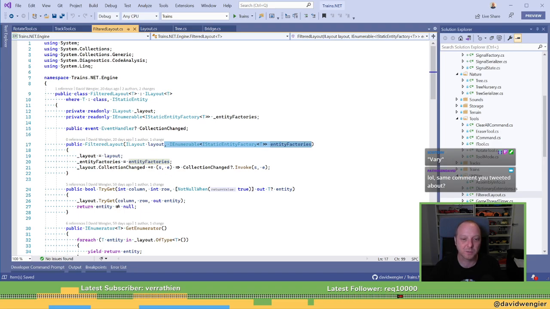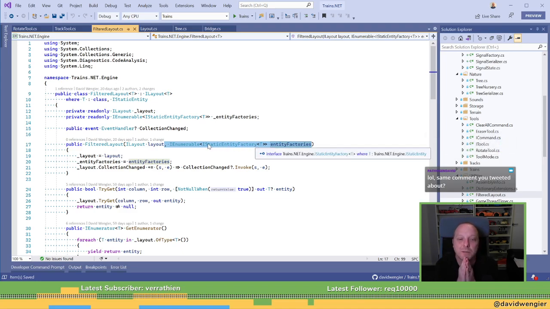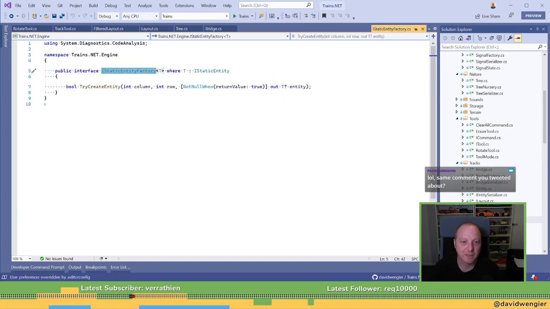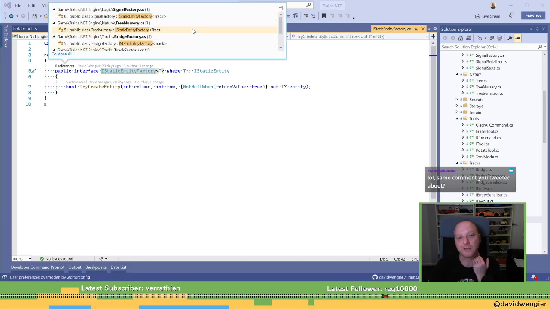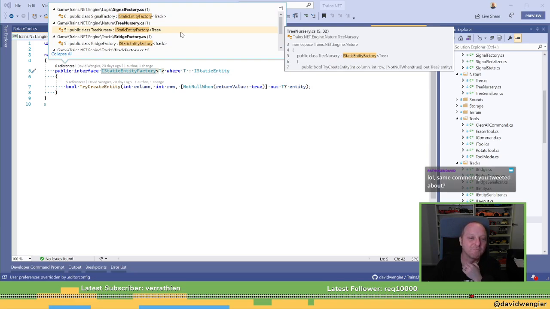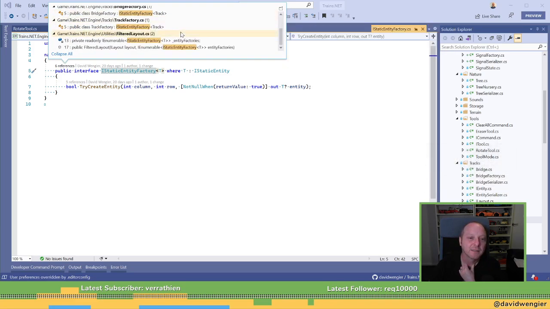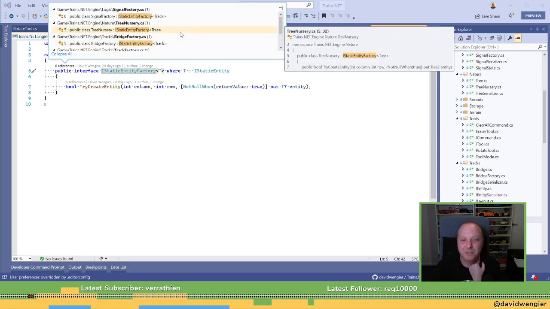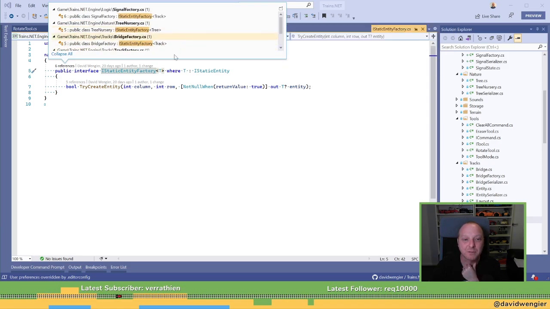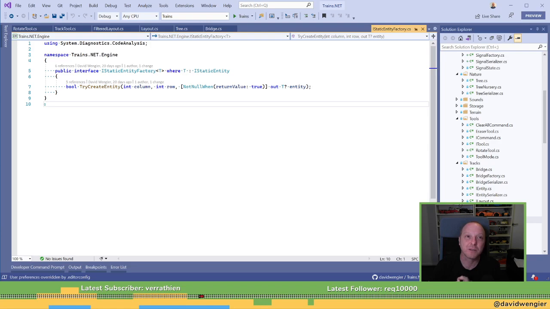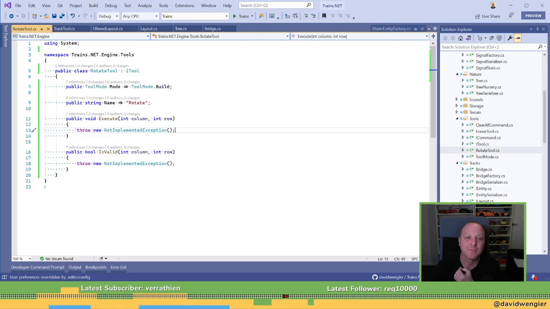Ooh, now this is probably not going to work, because I can't inject the entity factories because I don't know what type this is. Well, I guess I do. They're just not generic anymore, if I want to have a single rotate tool. Yeah, that makes sense.